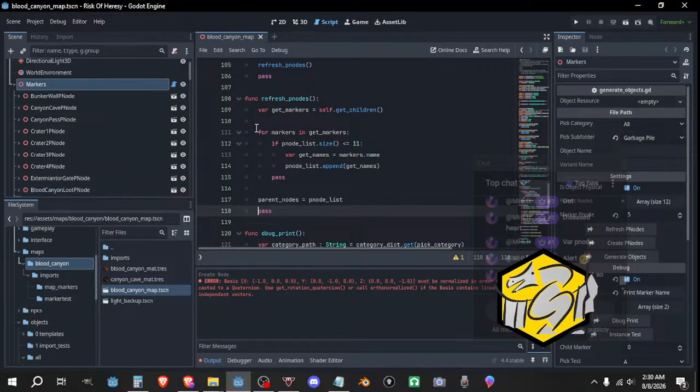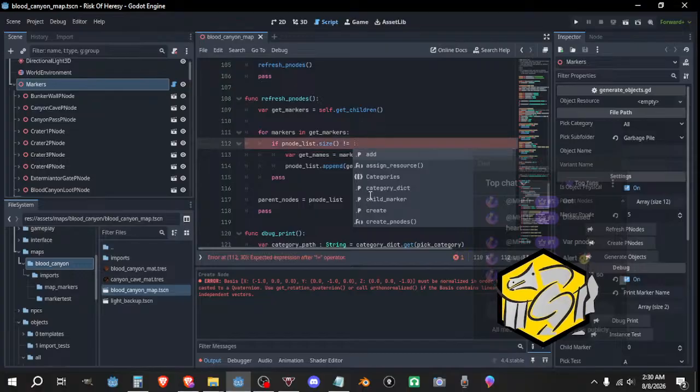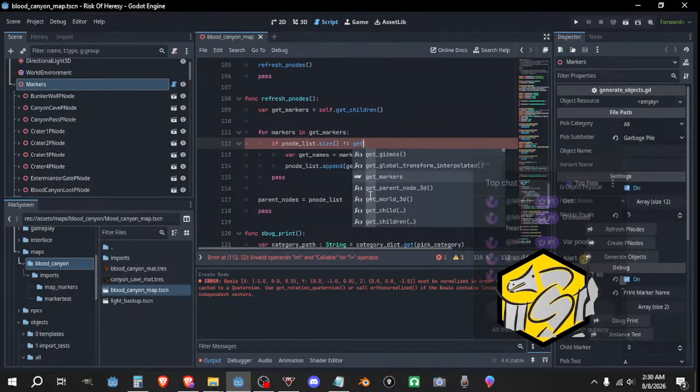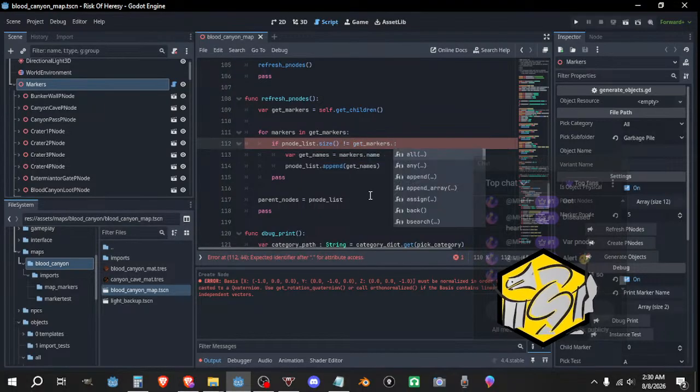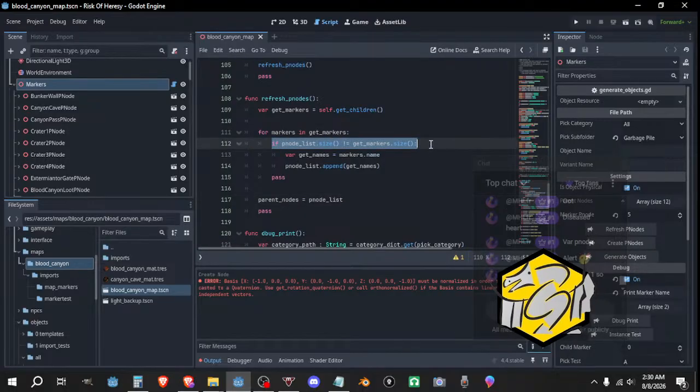Actually, I got a better way to do this. What am I doing? Instead, if the p-node list size does not equal the get markers size, basically, if their sizes are not the same,